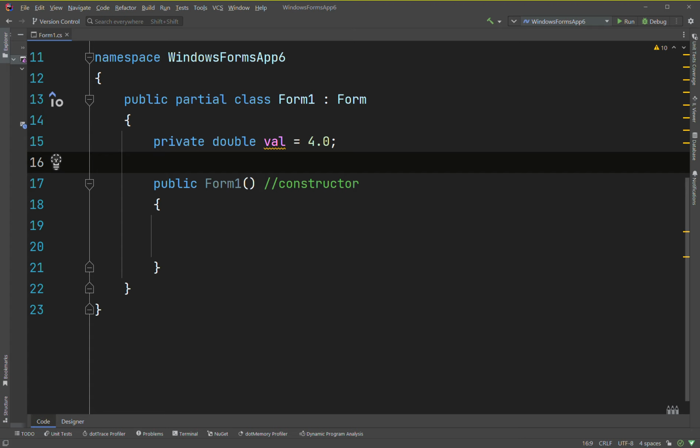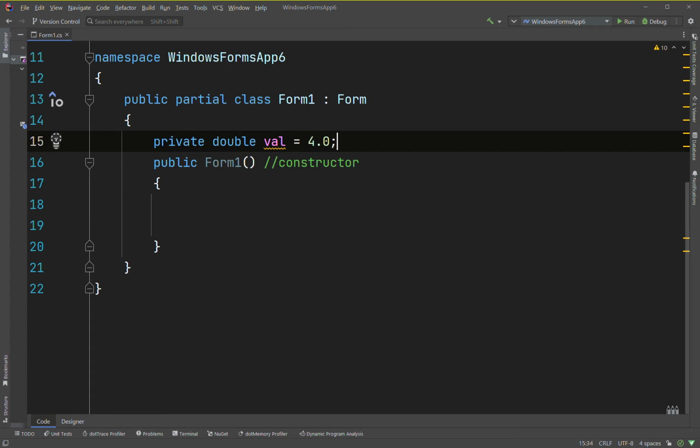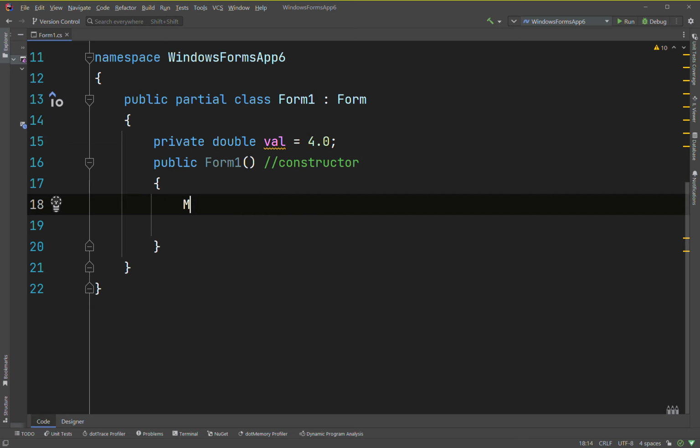So then, in the constructor we want to say MessageBox, we're going to call it MessageBox. We're going to say, okay, we want to show a dialog box or a message box with the string is